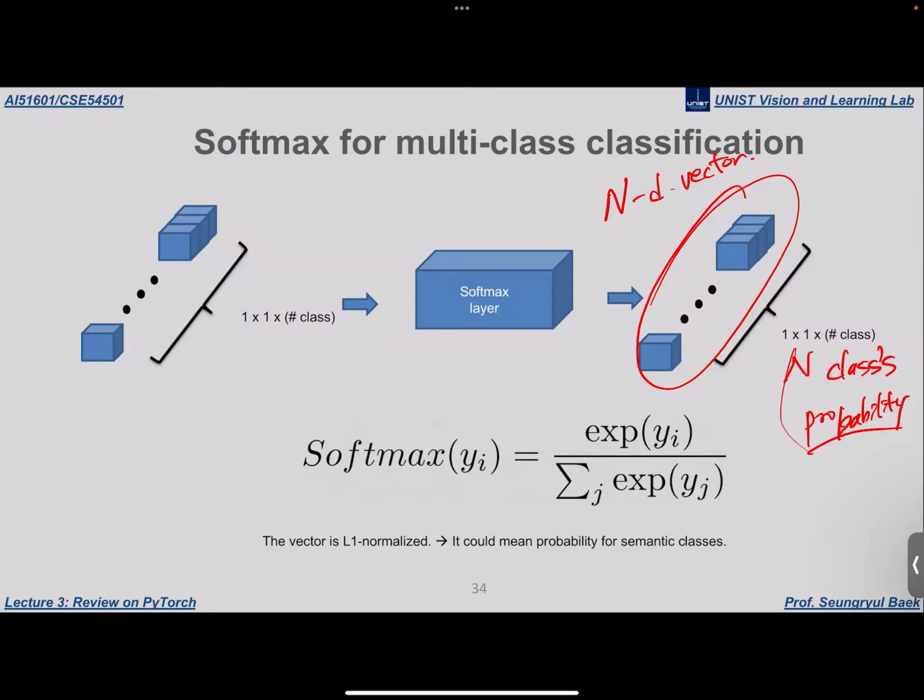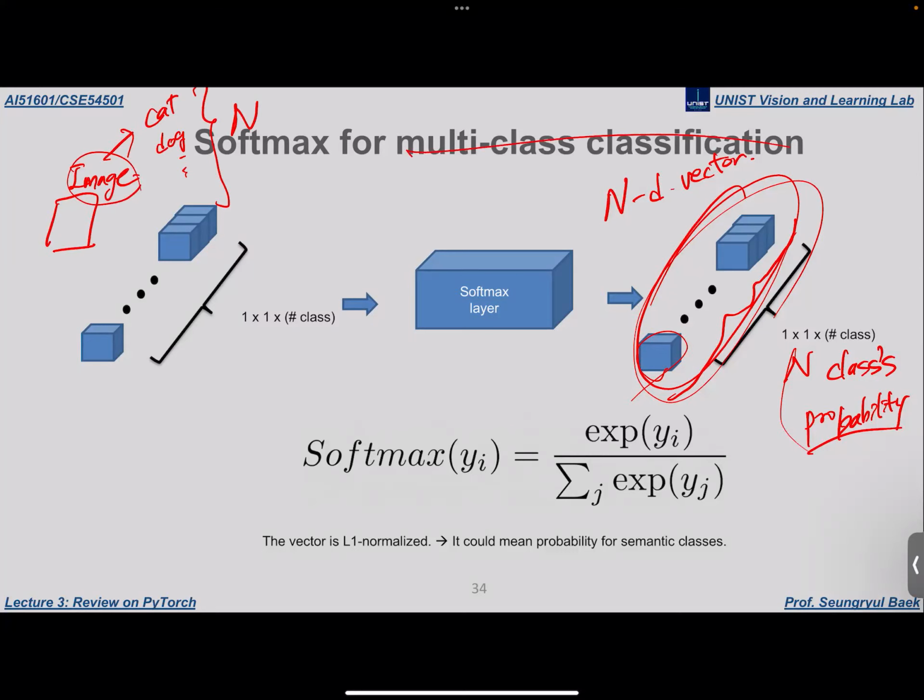Okay, so let's say this is an n-dimensional vector, and its entry denotes the probability for class n, right? So we are inputting some image as input, and this might have a cat or dog or some other class, and there are n number of classes, and this image may have one of them, right? Our purpose when doing this multi-class classification is